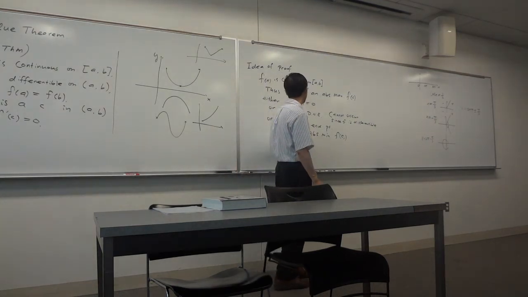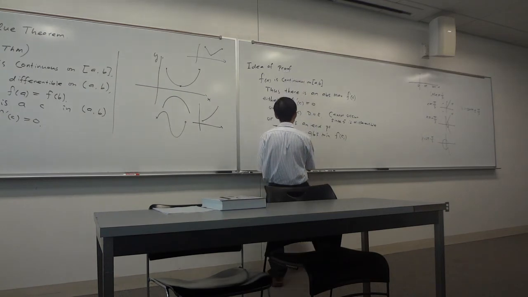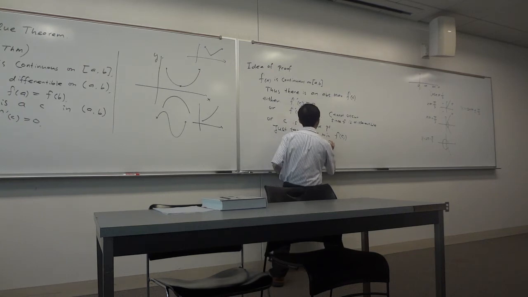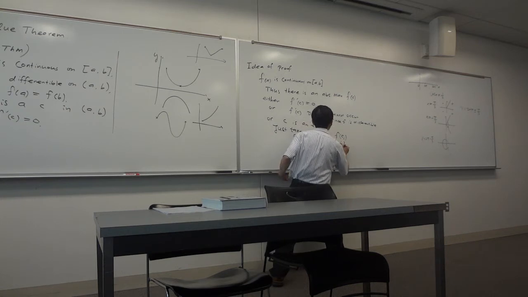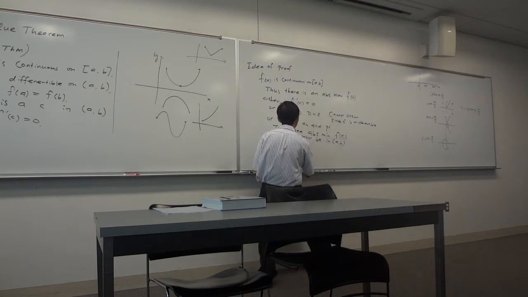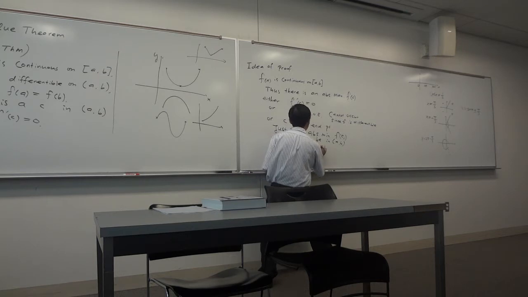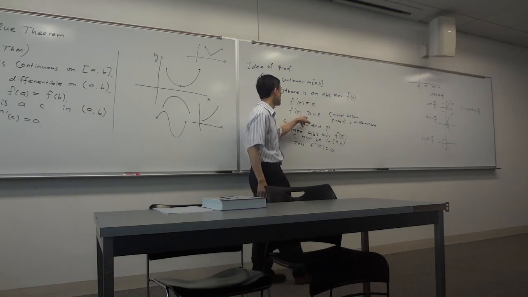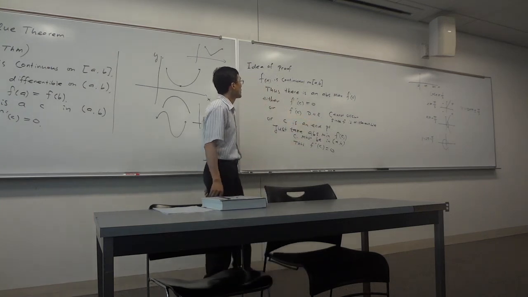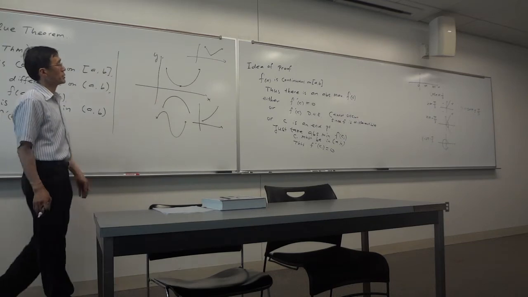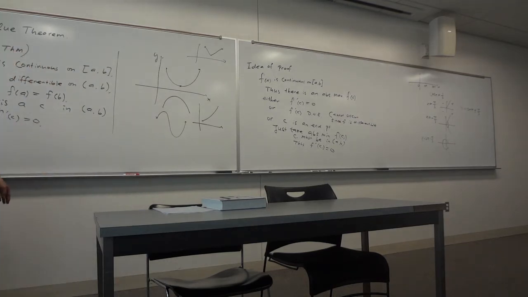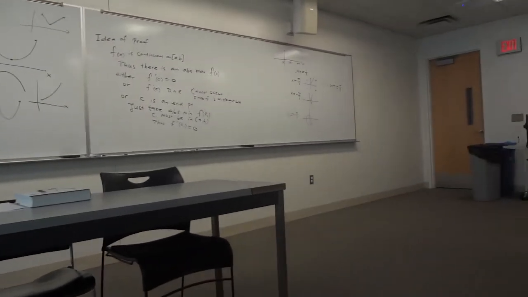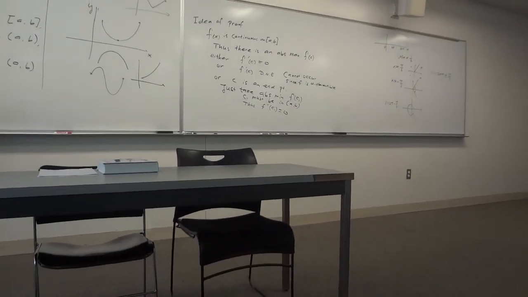So then you apply what we said before. Then we get, so C1 must be inside. Therefore, F prime C1 must be 0. Okay? It has to exist. So this case cannot happen. So it has to be 0. You can think about this proof again. That is the idea. Okay.